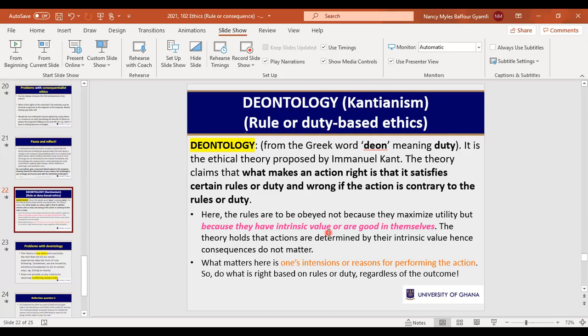Not because if you tell the truth, then one day when you are in that situation, someone will do the same for you. That means you are telling the truth because of what you get from it, whether as an individual, or what others will get from it, altruism, or what's the third one? You are telling the truth because of its usefulness, utility. Kant says that shouldn't come in. You tell the truth because that is the truth. It is good in itself, regardless of its outcome. So you don't look at the outcome.